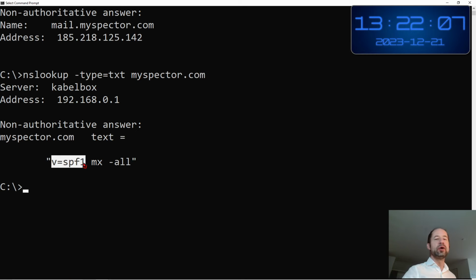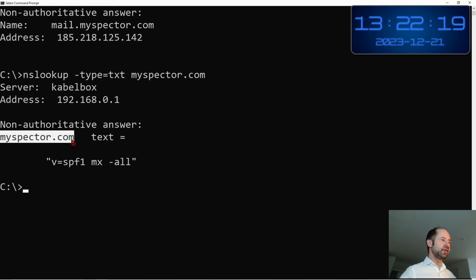So here, an email which is forwarded between the mail servers, changing through different email servers, a server receives an email, it will check the myspector.com DNS entry with the TXT, we look for this specific keyword, and then it sees here that my mail server, mail.myspector.com, is allowed to send email.